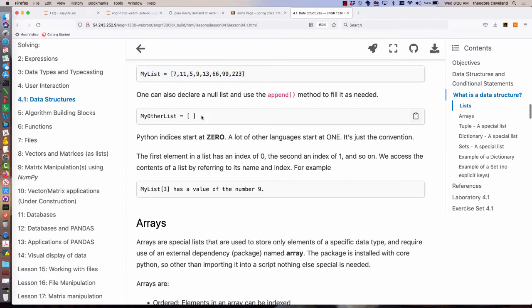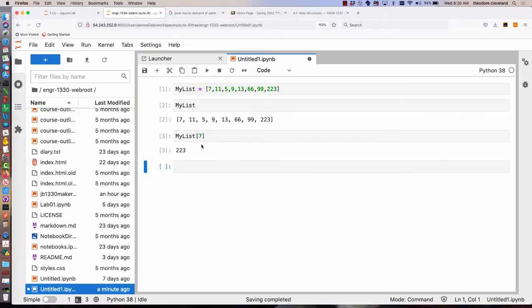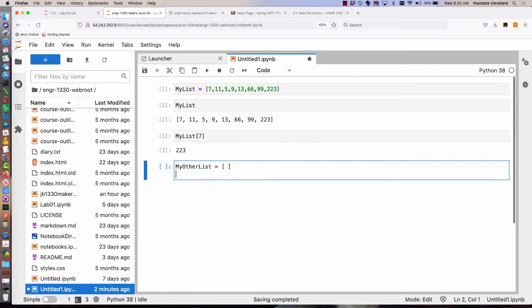We can create another list, which, because of my lack of naming creativity, is called my other list. And notice that it has square brackets with nothing between them. That's called a null or an empty list, and that is useful for creating storage space for other operations. So there's my other list, and let's go ahead and